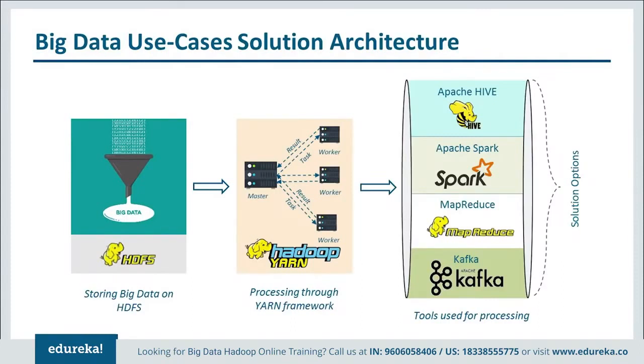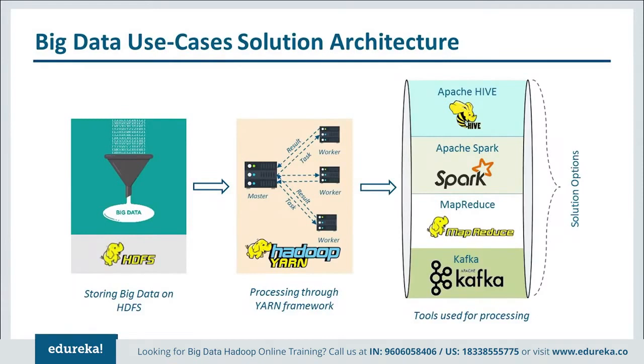You're dealing with big data now. The first thing that you need to do is dump all that data into HDFS and store it in a distributed way. And the next thing is to process that data so that you can gain insights. We'll be using Yarn because Yarn allows us to integrate different tools together, which will help us process the big data. You can choose either Apache Hive, Apache Spark, MapReduce, or Apache Kafka in order to analyze big data. And Apache Spark is one of the most popular and most widely used tools with Yarn to process big data. So this is an entire solution as a whole.